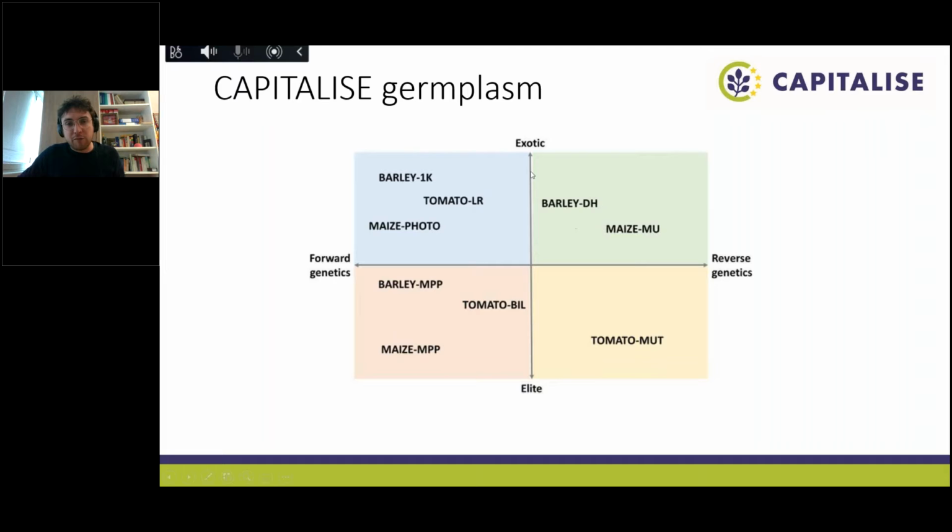And you see here the different collections used in the project, which I try to plot in a plot that contains two gradients: one going from elite to exotic inputs, meaning breeding lines or wild relatives, and one going from forward genetics, so diversity used for QTN mapping, to reverse genetics, meaning mutants. And today, in the presentations that follow, you will hear about a MAGIC maize population, which is a